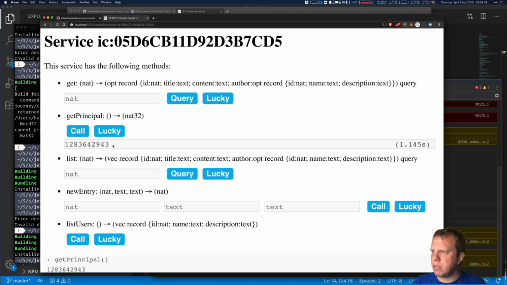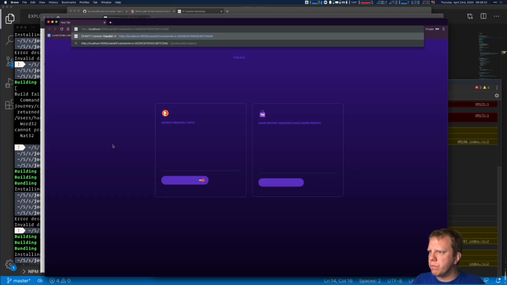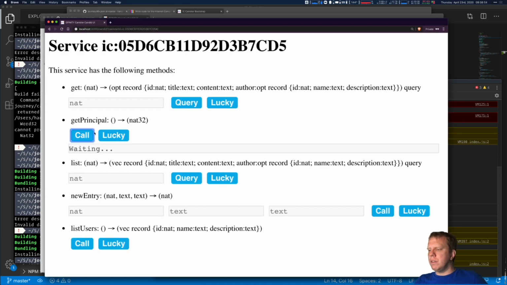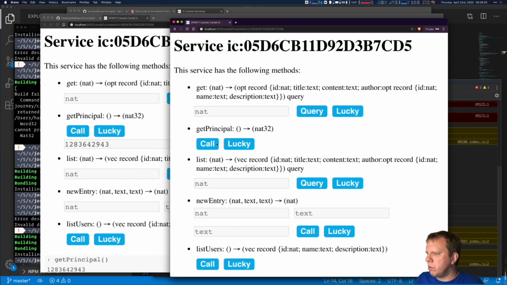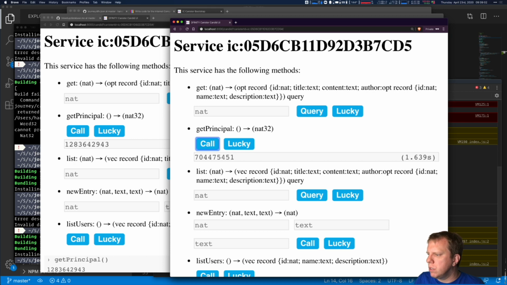But if I open an incognito window and I call this, I'm going to get a different one, 5451. And if I refresh, I'm going to get the same 5451. And this is because it's tied to your